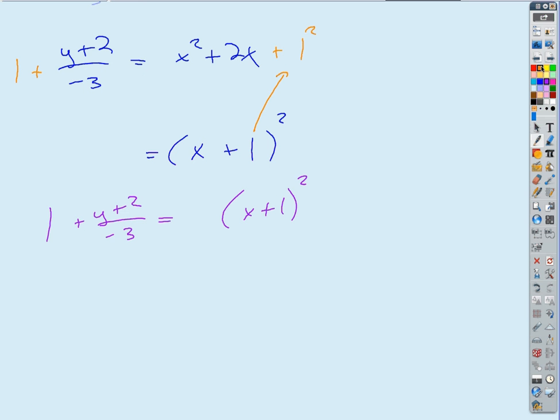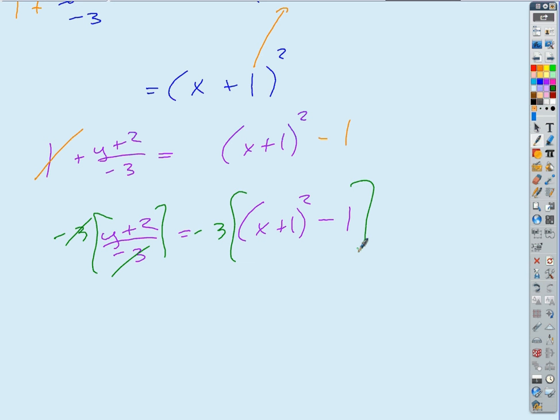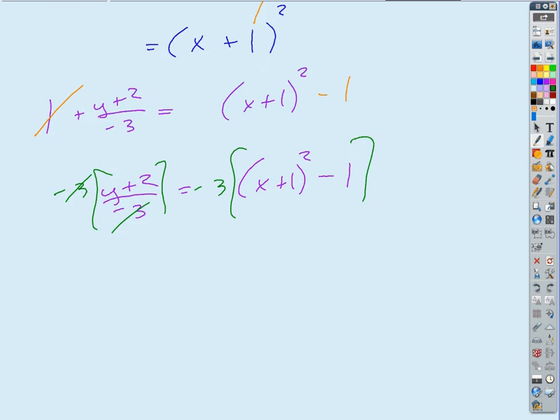What do I do first? I subtract 1, good. And then I've got y plus 2 over negative 3 equals x plus 1 squared minus 1. Now what? Multiply by negative 3, okay? And I've got to distribute that to everything, don't I? Right? So then I get